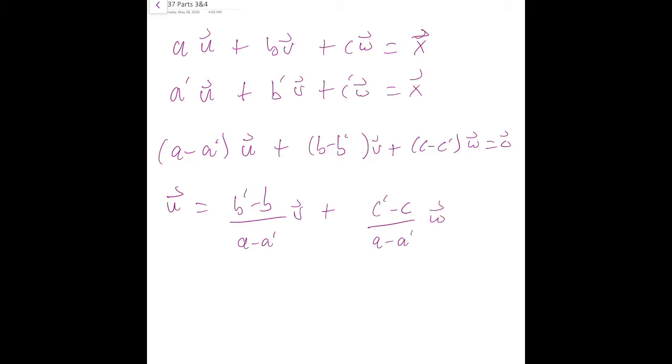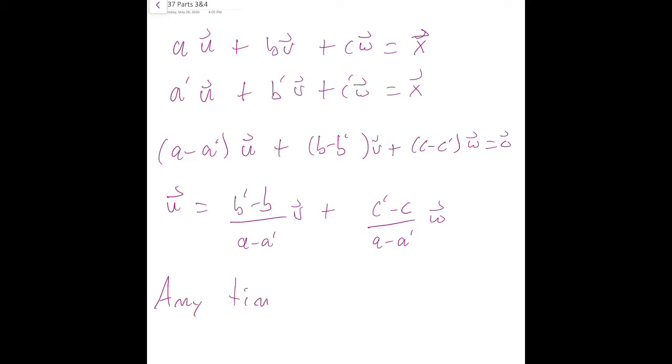Okay, so in the previous example, if the solution was not unique, then we saw that U was a multiple of V. In other words, U was in the linear span of V. In this case, it's a little more subtle. U is not necessarily a multiple of V or W, but is in the linear span of V and W. So what this tells us is that anytime the solution is not unique,